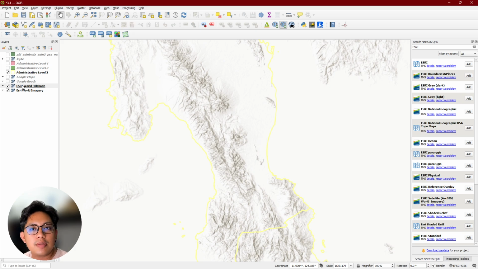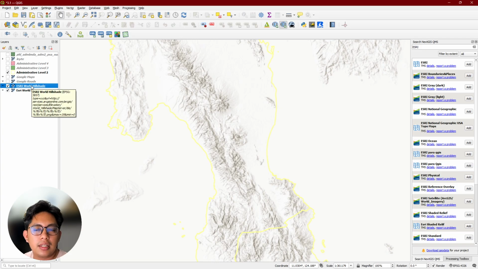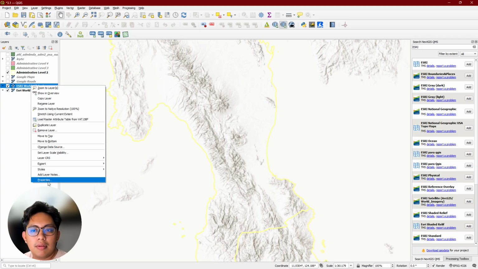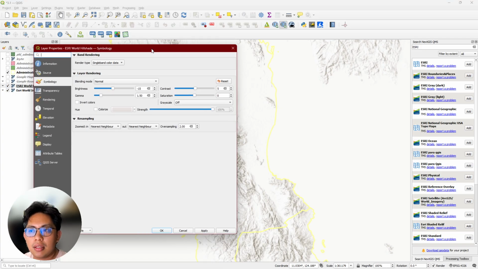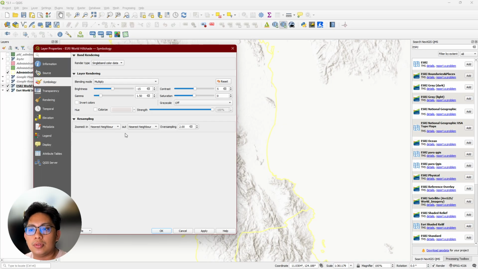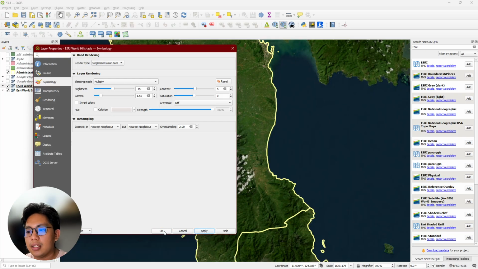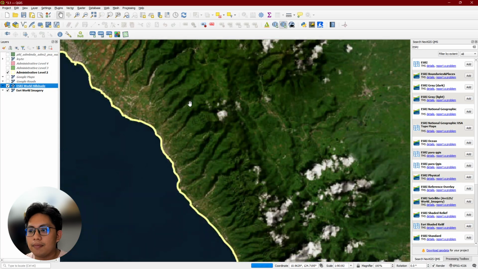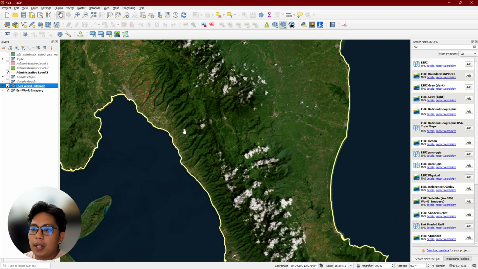So what I'm going to do is put hillshade above world imagery, right click, hillshade, properties, follow the settings here on brightness, gamma, and contrast, and change the blending mode to multiply. So multiply sort of enhances the dark areas.